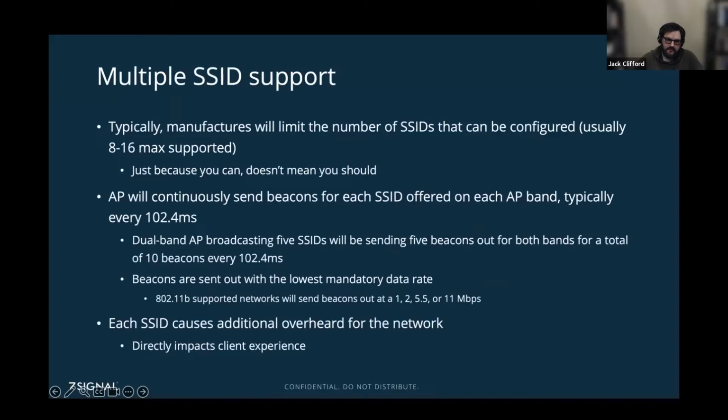Another thing to keep in mind is how many SSIDs, how many networks, are you going to be broadcasting? Because depending on the AP, depending on the vendor, there are restrictions in place. I think Ubiquiti, for example, limits you to a total of like 8 SSIDs. Cisco, Aruba, all of those other manufacturers, you have up to 16. Just because you can do 16 SSIDs doesn't mean that you should do 16 SSIDs broadcasting. So one thing to keep in mind is that